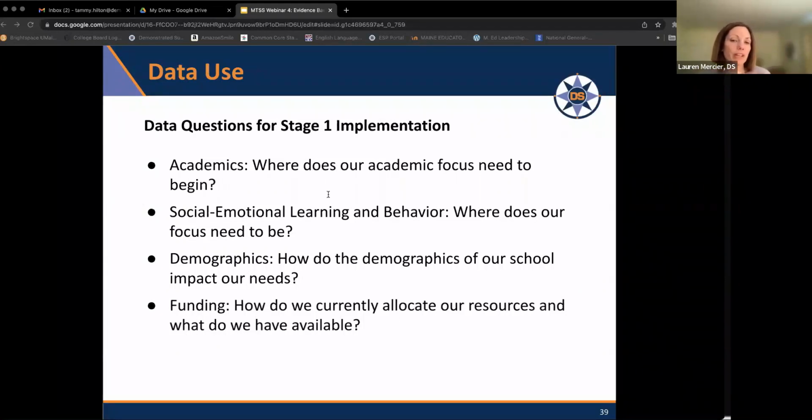And then classroom observations, right? Where we can focus on student agency and engagement and collaboration. And we could also take student perception data into account here as well, in terms of SEL and behavior. Demographics, how do the demographics of our school impact our needs, right? So to look at data in this area, schools can use, again, your student information system. That may be Power School. That's a pretty popular one that I used in my schools, but Power School would be an example of a